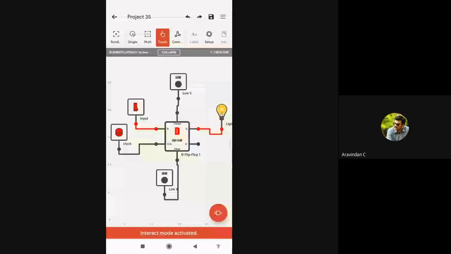Now I'm going to give the input as 0. Now what is the output of the LED bulb? It is 1. What does it mean? It is showing the previous output. This all comes under a sequential circuit, where the output depends upon the present input as well as the past output. Now what is the output we are getting here? This is the past output. But what is the input I've given here, the present input, which is 0. Is it clear? So now I'm going to press the clock so that the data 0 will be transferred from the input to the output. Now you can see 0 is transferred to the output.